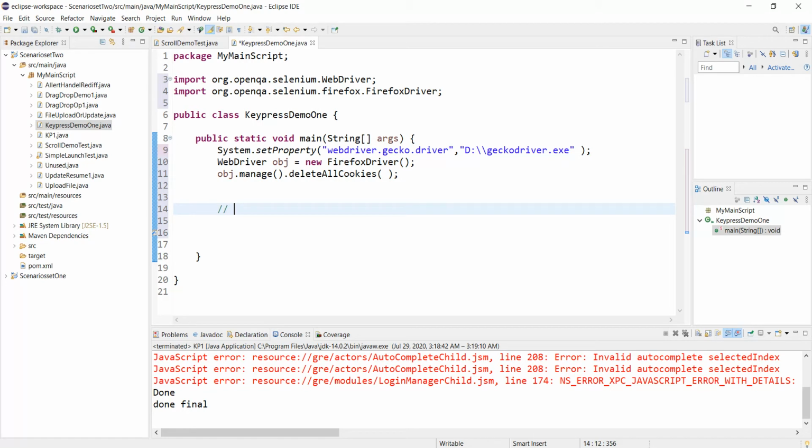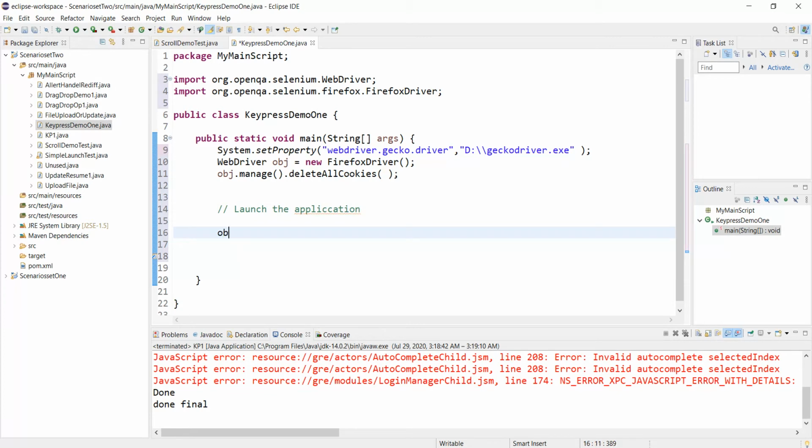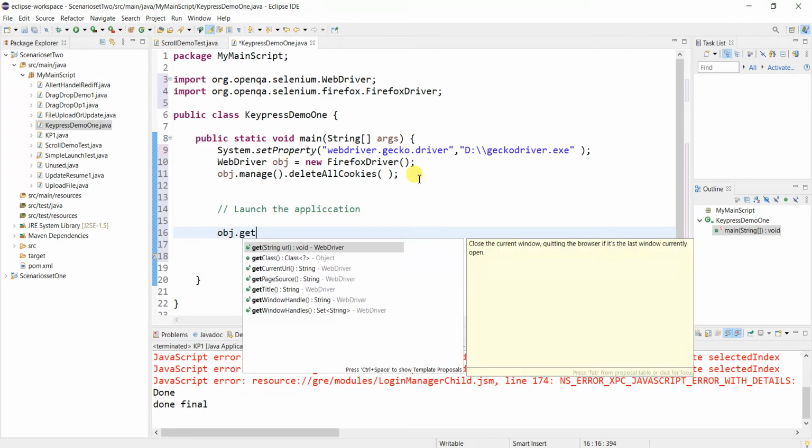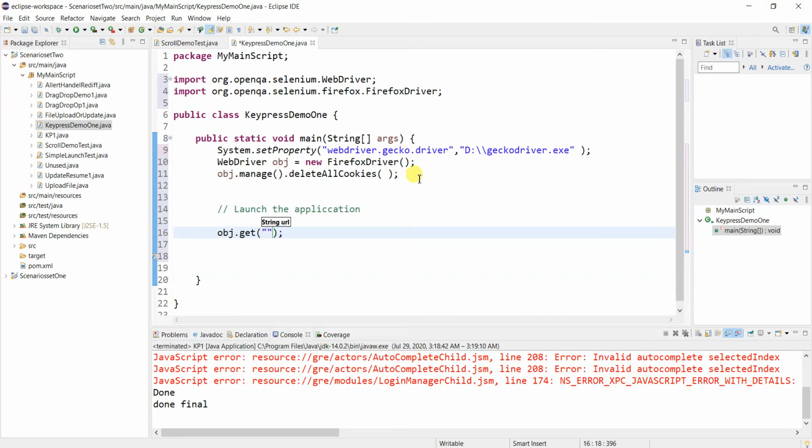Let's launch the application. So my browser object is obj.get and this is the URL we need to launch.